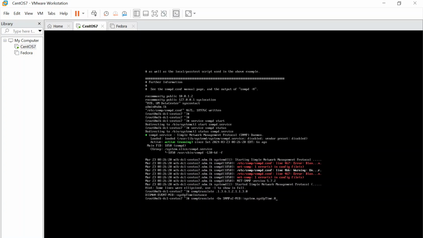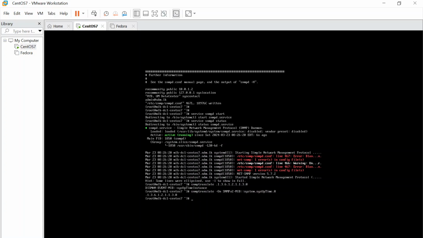snmptranslate, then I give the On flag here, then I give the textual format of the OID. Okay, then press enter. Then this will prompt me the numeric format of the OID. Okay,